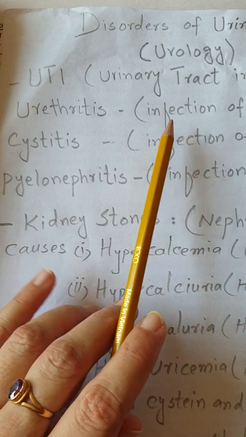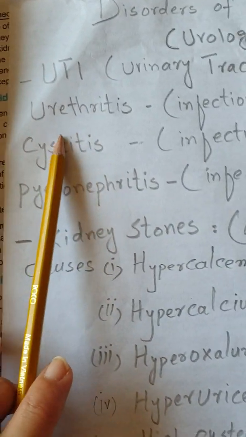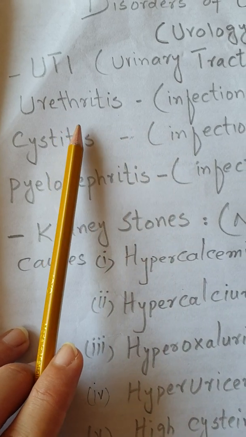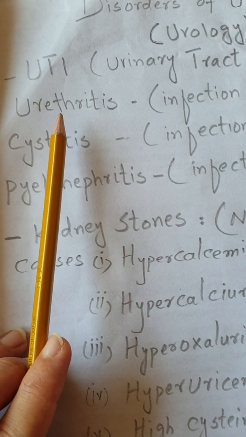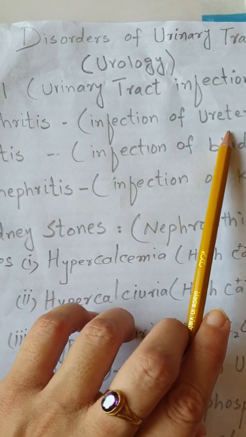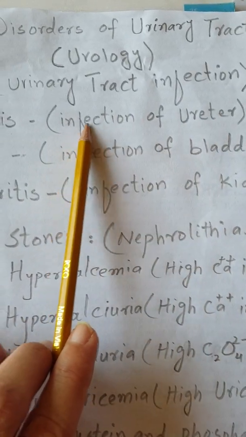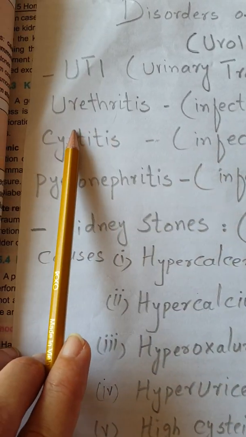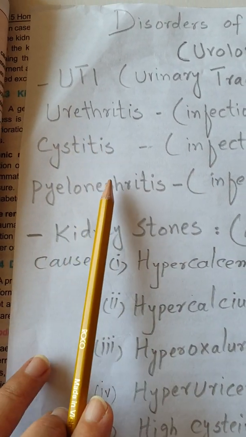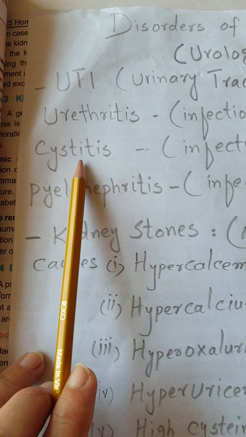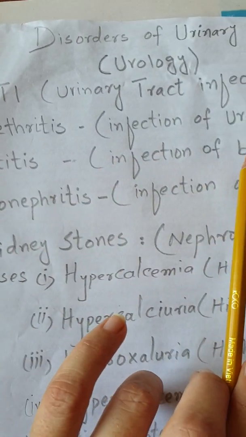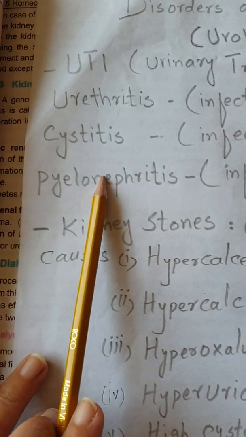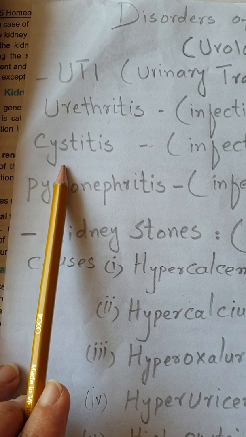And there are different types of the urinary tract infection because of the place or the point where bacteria attack. If it attacks the urethra of the human, the infection of the urethra, it will be urethritis. Cystitis is the infection of the bladder. If the bladder is infected by bacteria, the infection will be known as cystitis.